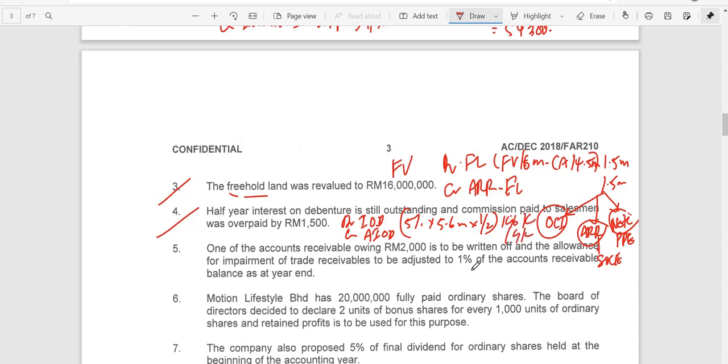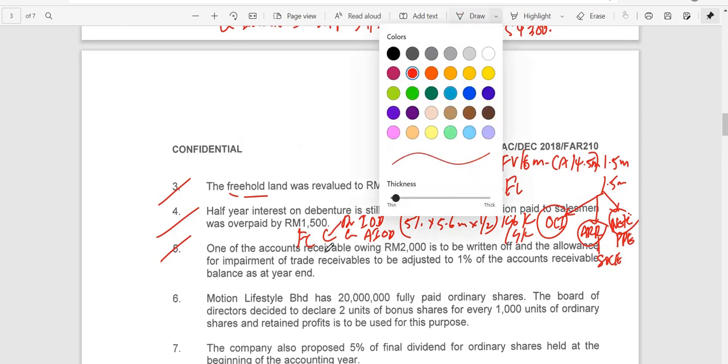Include this in the finance costs. Yeah, this is in your finance costs. Include the accrued interest on debenture in the current liability section. Number 5 is on impairment of trade receivable, where you are informed one of the amounts owing,